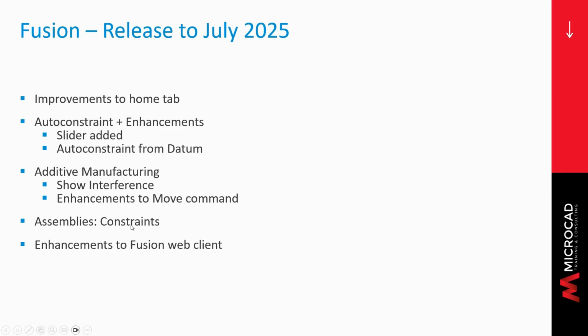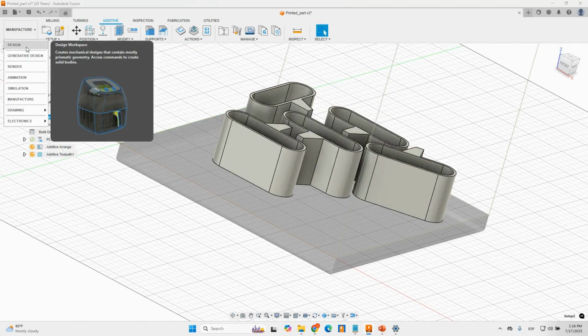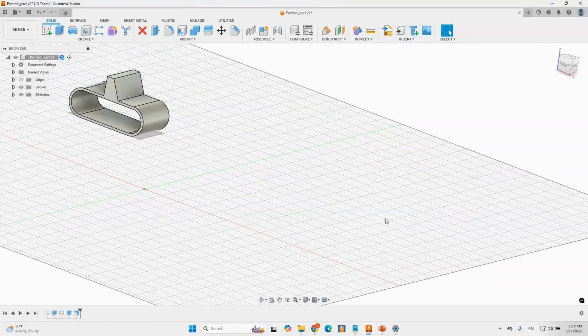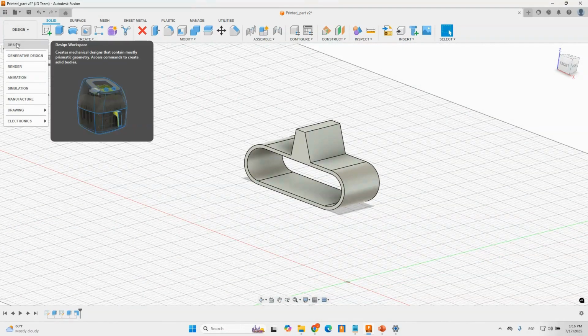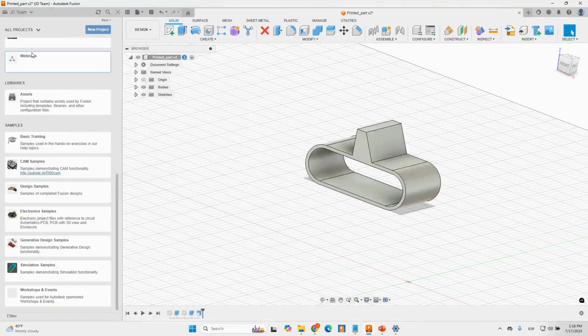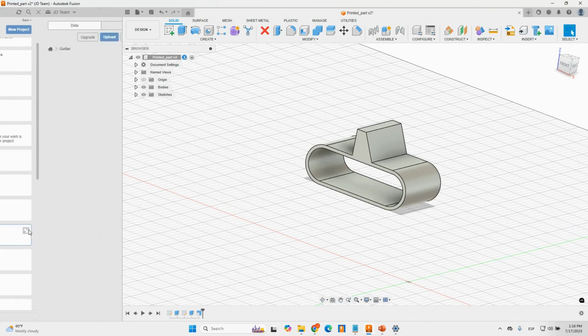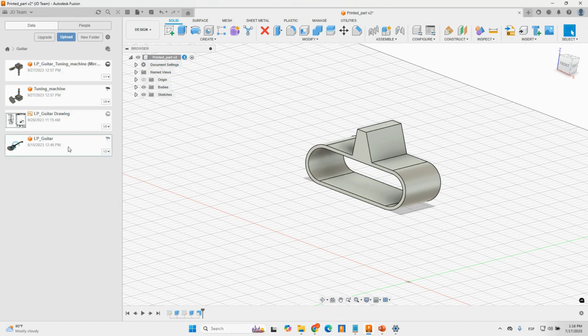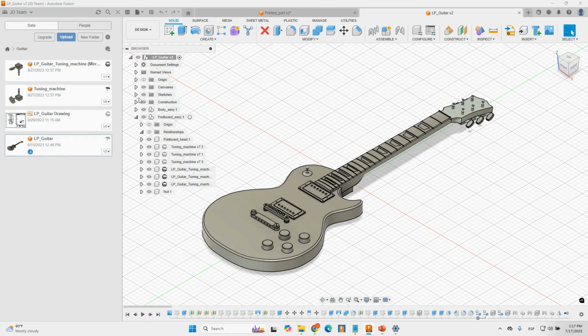Now, if we're talking about assemblies, this is one very exciting feature that has been added lately. Now we have the option of using constraints. Okay, so if you're a seasoned Fusion user, you might remember that we usually have only joints on Fusion, right? So if you're not familiar with what joints are, okay,